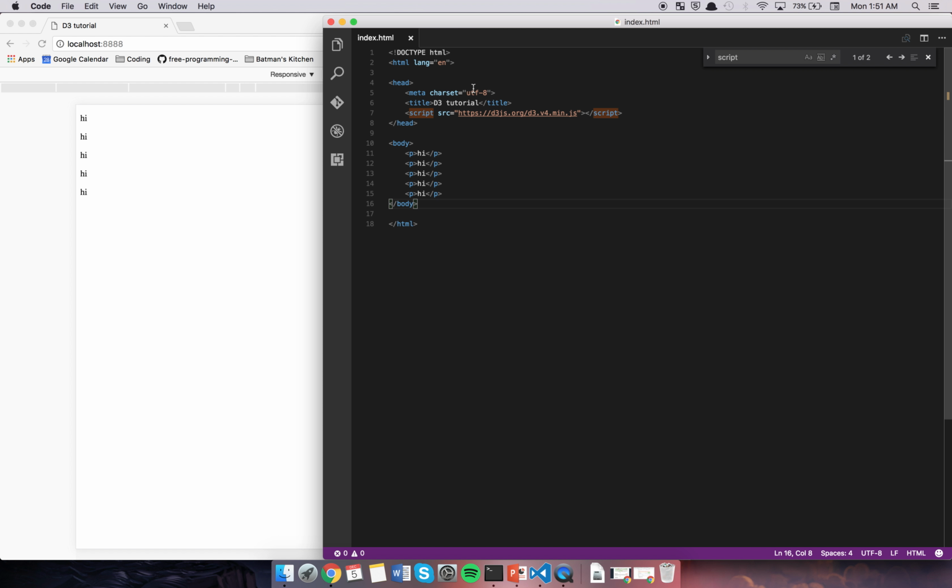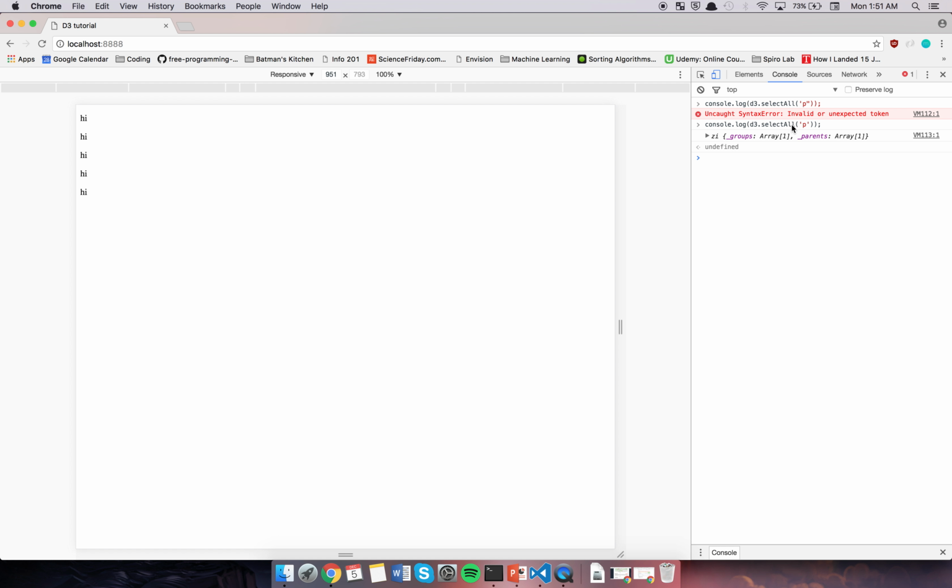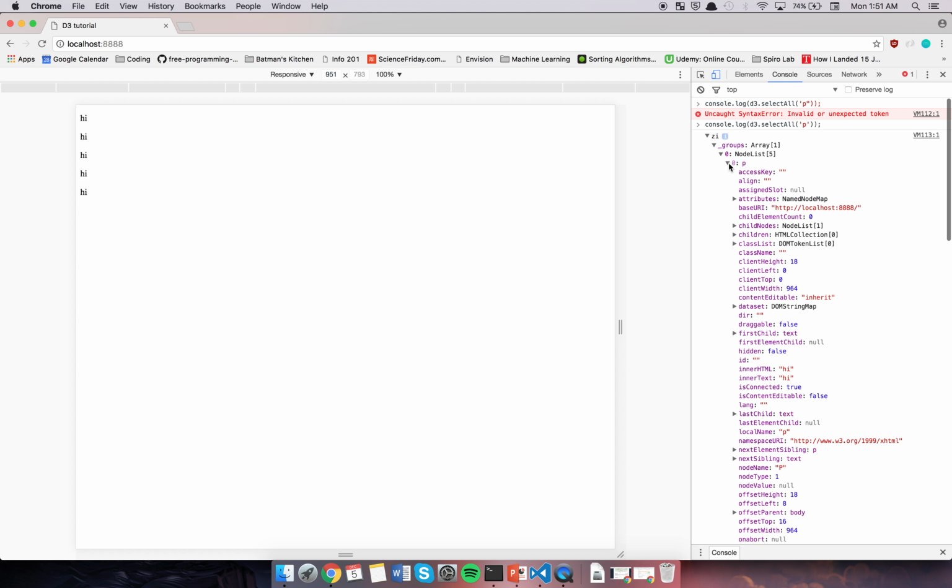We just have a header, metadata, and then we import JavaScript right here, and in our body is just a few P tags, a few paragraph tags. So when we say select all the paragraphs, this returns an object, and just looking at the groups, it returns a list of 5 objects, which, lo and behold, is 5 paragraphs. Wow, it's amazing. So each of these paragraphs is represented as its own object,